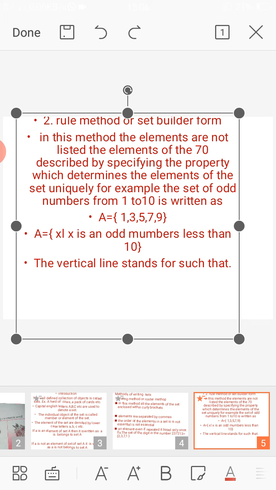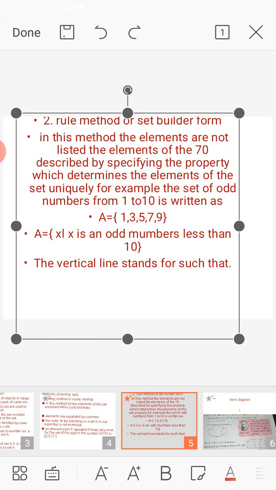It is read as A is the set of all x such that x is an odd number less than 10, where the vertical line stands for such that.